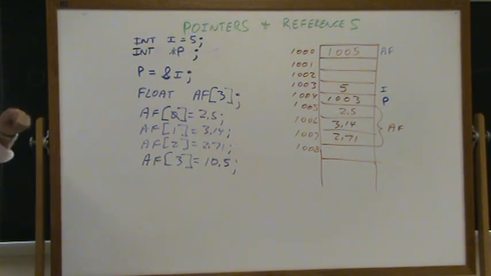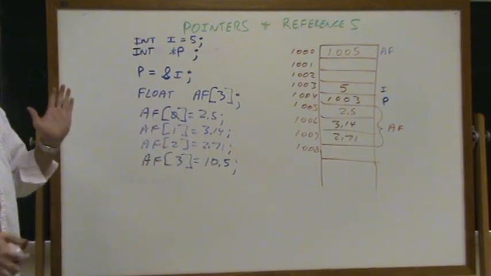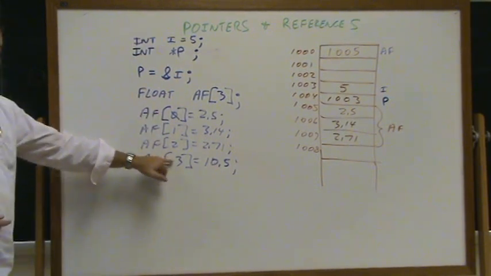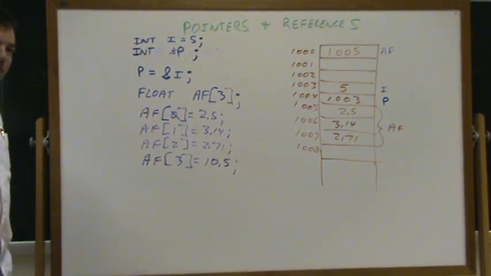And the compiler can't tell what I is going to be 20 minutes from now. You're running the program, and you might be getting values for I from the outside world. It won't know what I is. So the compiler can't say, well, the array only goes from 0 to 2, and 3 is out of bounds, because this could have been some variable. But if it went out of bounds,